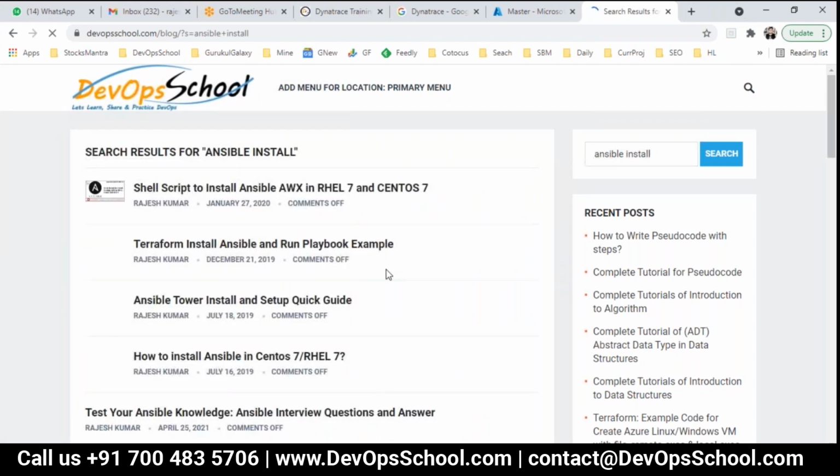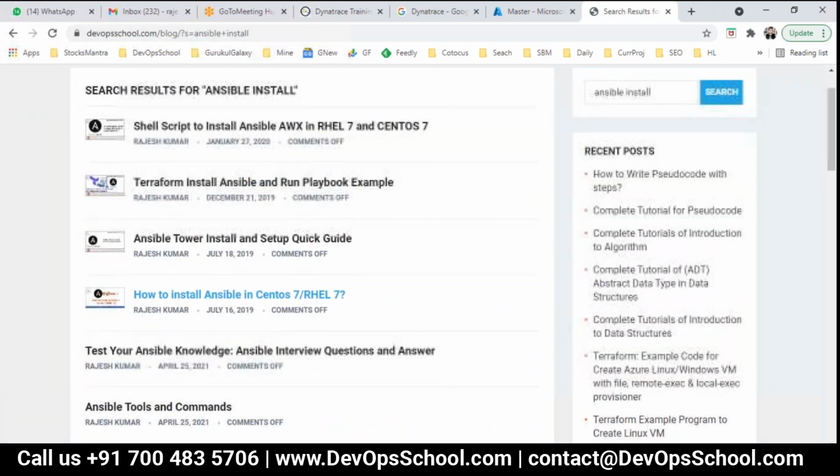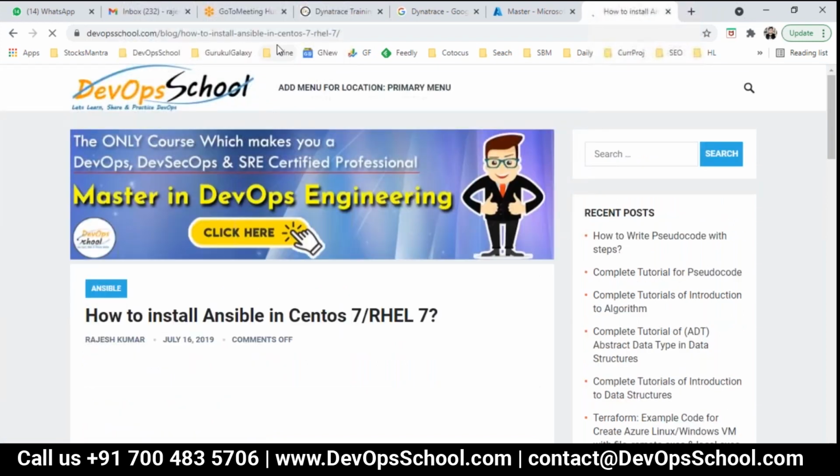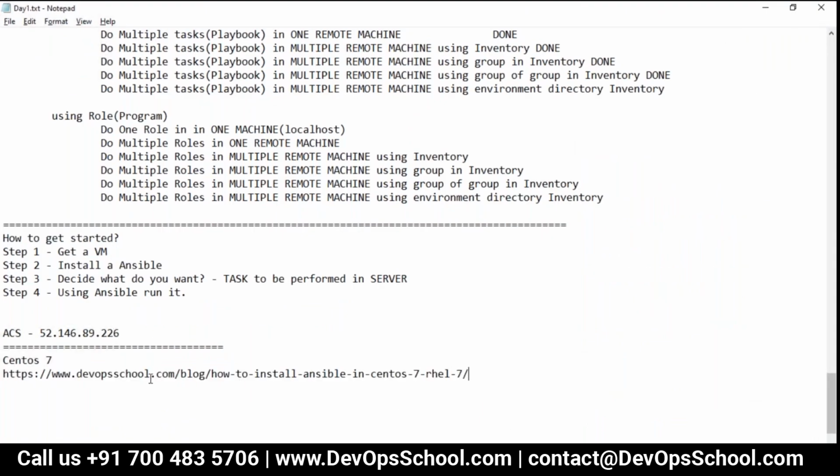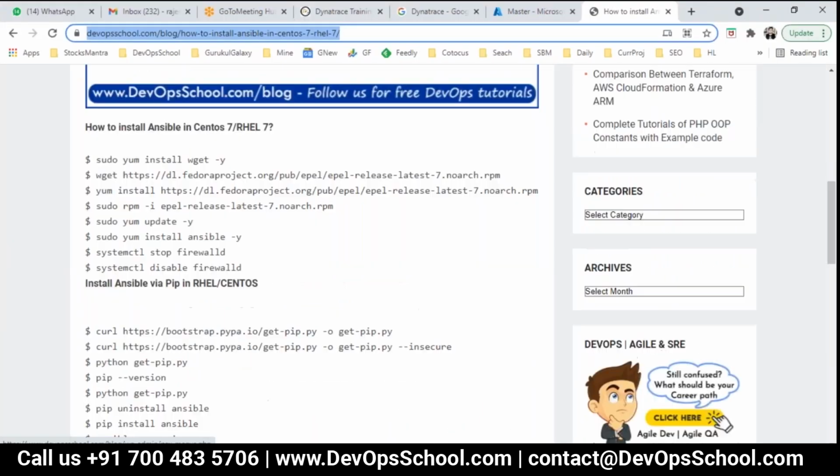Okay, and now here I see Ansible installations, how to install Ansible in RHEL 7. Here you see AWX, that's a different version which I talked about, but right now I want to install the command line. Remember, here we are all working on the command line. Day 4 we will work on the GUI tool, and day 5 we will work on Python with customization of Ansible. So please understand that. So here are the commands I need to run. For your reference, I'm just storing it here. Now the same commands I'm running in front of you.